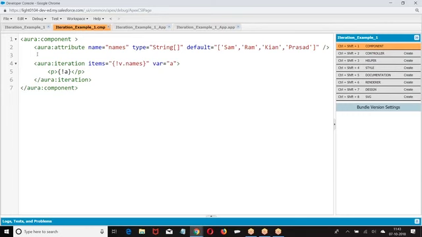And how are we reading? aura:iteration items equal to v.name. If that is an array of records, a.name, a.phone, a.industry, a.source. Was that clear? People are good with this. Let us go back to the next example here. This example I will combine with my Apex class and do the combination. I hope you people have followed this example. Everyone is good, right? Let us take the combination.